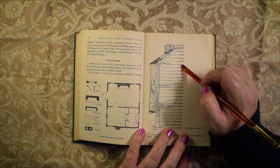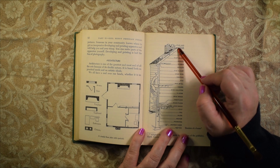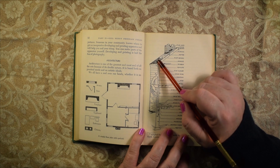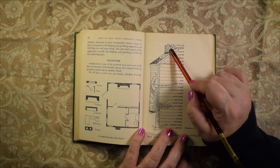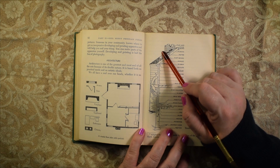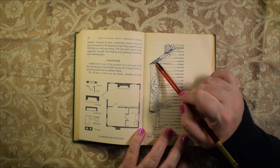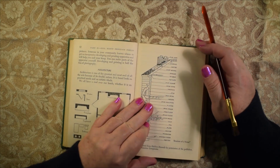the top plate, a tie beam, the rafter, roof decking, which is usually plywood nowadays, shingles, flashing that goes around the chimney, a ridge board at the top of the house, the peak, tile liners for inside the chimney,